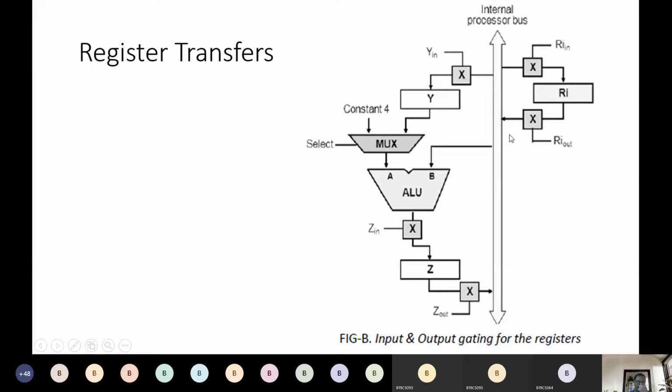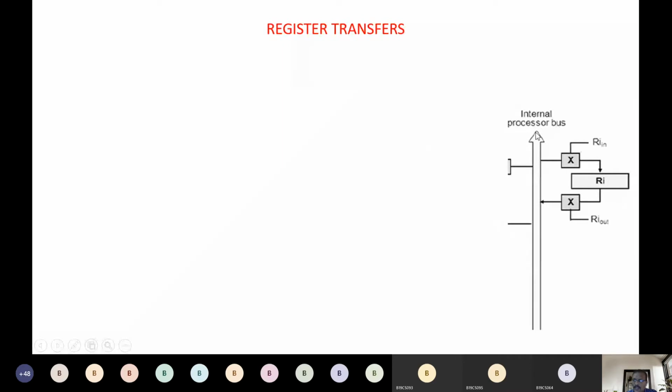Okay, right. The same thing is explained in the next slide. The same diagram. We had taken only this sub part, omitting the left part, and taking only the right part. Assuming we have the R0 diagram here, next R1, R2, R3, and so on. And we see register transfer, that is how data transfers from one register to another register, from R0 to maybe R3. So assume this is for R0. We have R0, R0 in and R0 out.